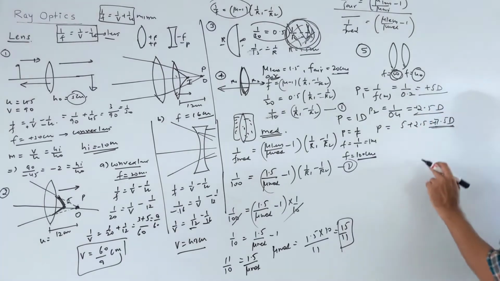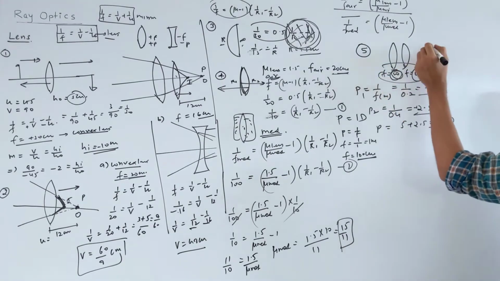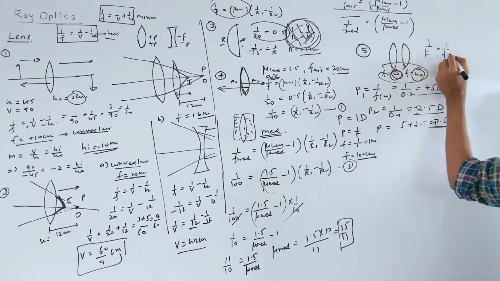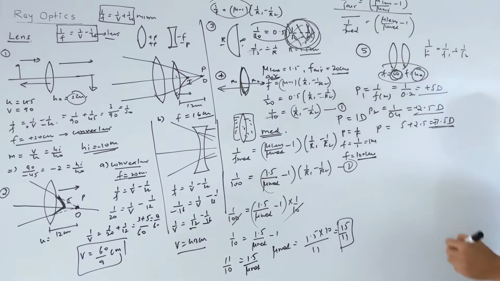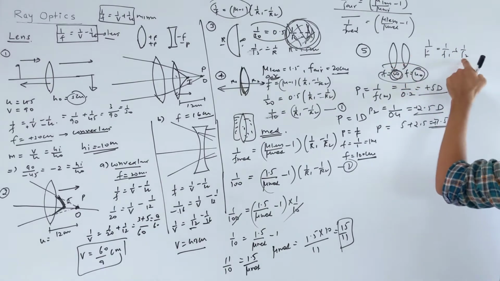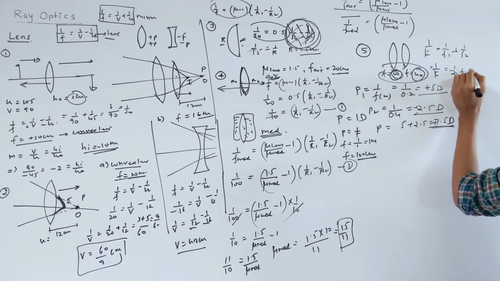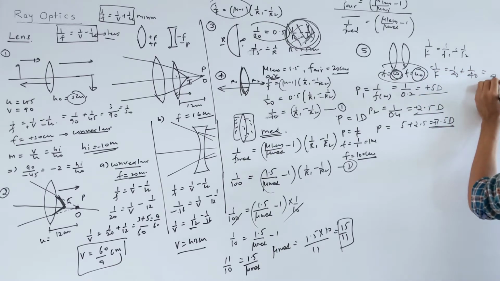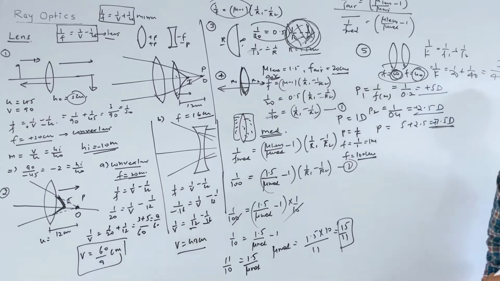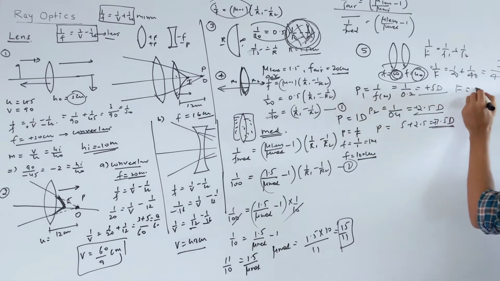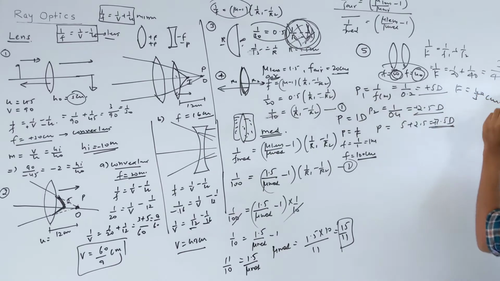This answer you can find this way also. First you find the combined focal length. Say 1 by F is equal to 1 by F1 plus 1 by F2. This formula is right, okay. Both are positive focal lengths, no problem. So look here, 1 by F is 1 by 20 plus 1 by 40. Taking 40 as the LCM, this becomes 3 by 40. Correct? Yes. So F becomes 40 by 3 centimeter. Clear?